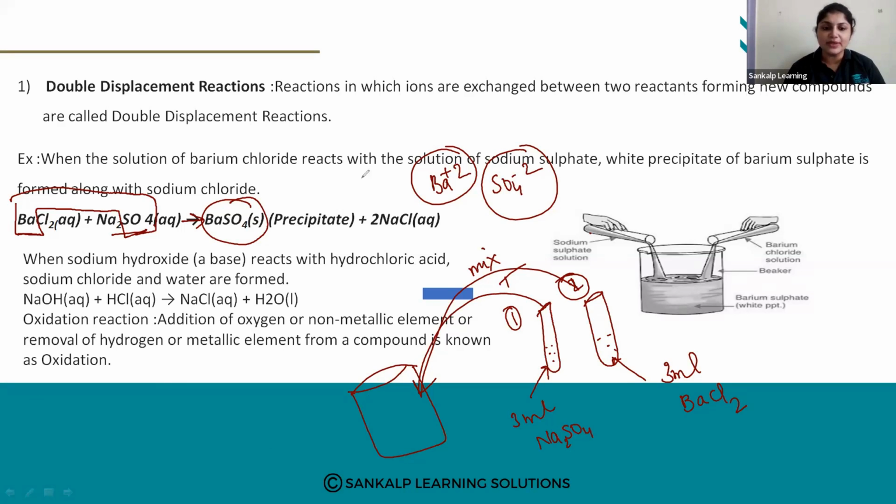Okay. So what is happening here? When the solution of barium chloride reacts with the solution of sodium sulfate, a white precipitate is formed. So when you mix these two solutions, you form